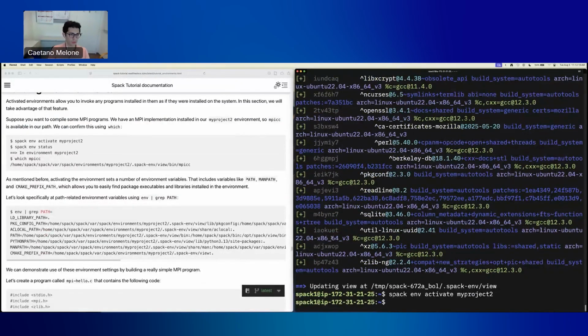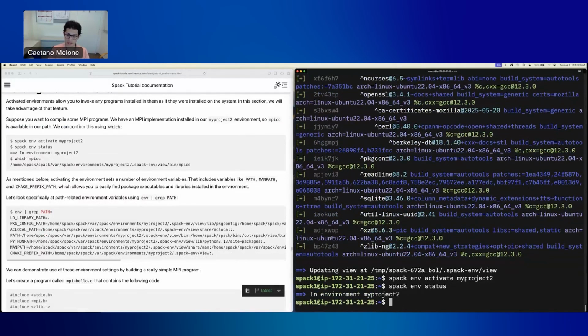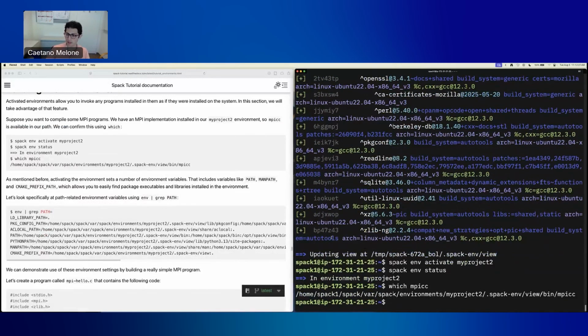And then we will run spack env status to verify that we're actually in the activated environment. And we'll verify that we have an MPI compiler here by running which mpicc, and you'll see it's available in our view here. So like I mentioned before, a view essentially emulates as if the software that you're interested in your environment is natively installed on your operating system, because Spack will automatically add the environment view to